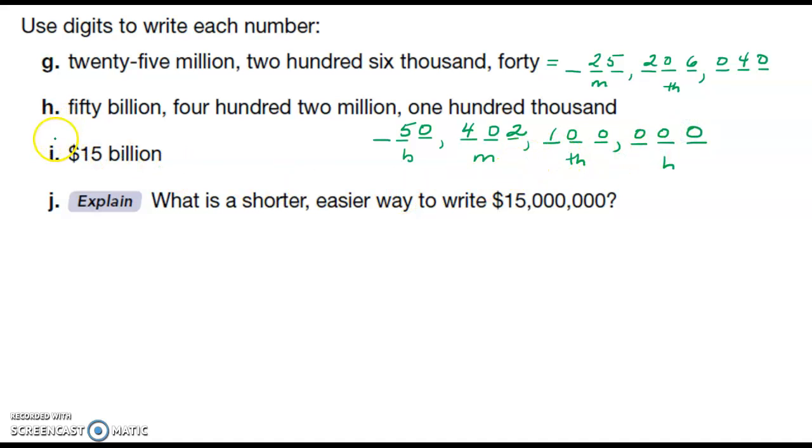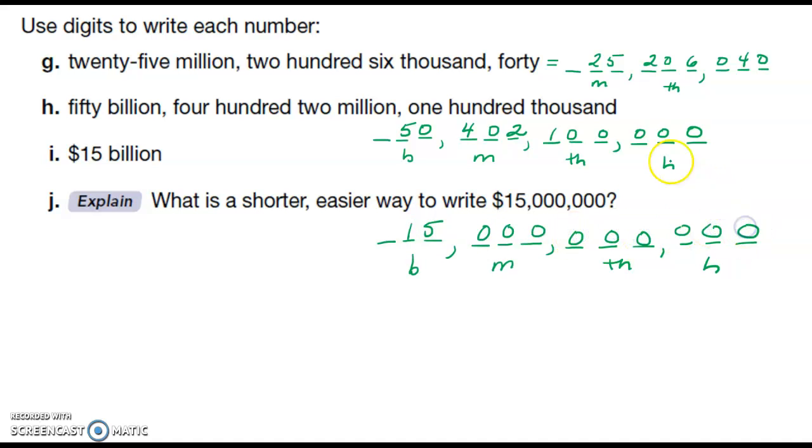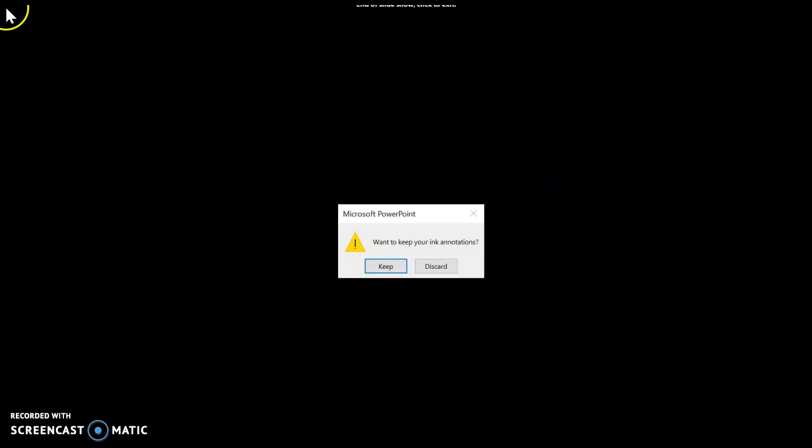Okay. I have 15 billion, so I'm going to use the same. Here's my billions, here's my millions, here's my thousands, and here's my hundreds. So 15 billion, I'd put 15 here, and the rest would be zeros. What is a shorter, easier way to write 15? And this is millions. So we could do the same thing they did in I, and we could write 15 million. And I know this is million because, oh,